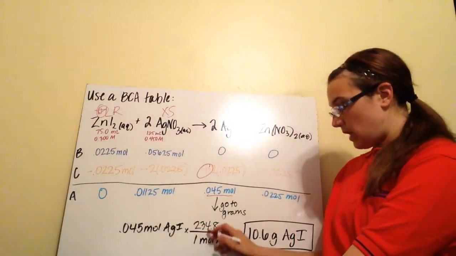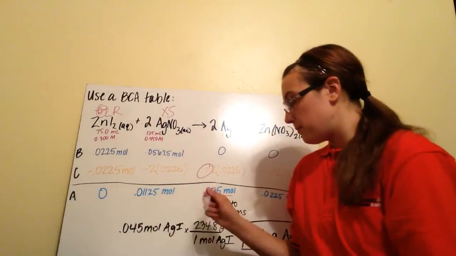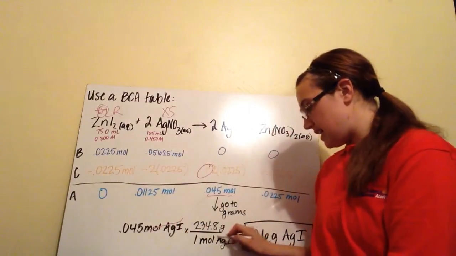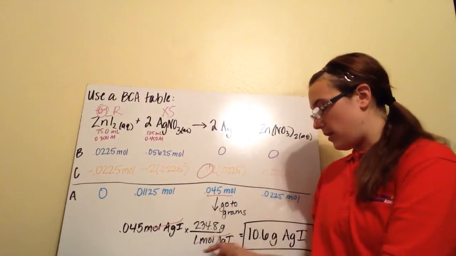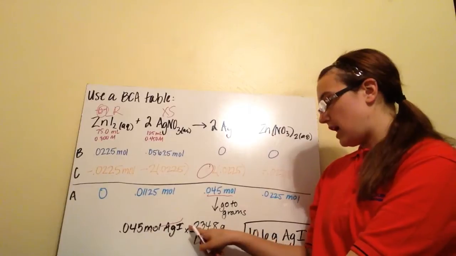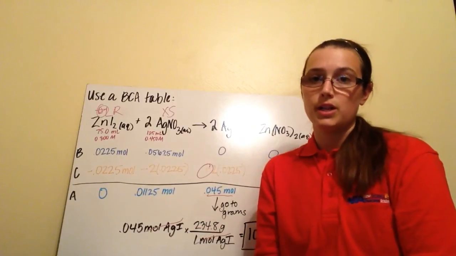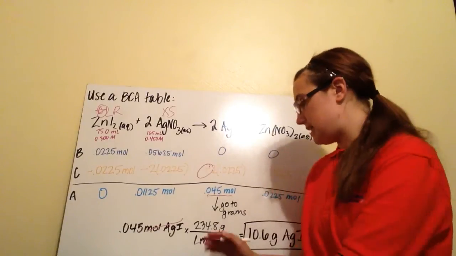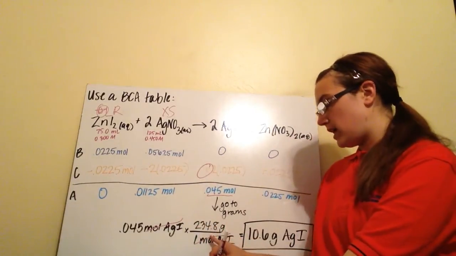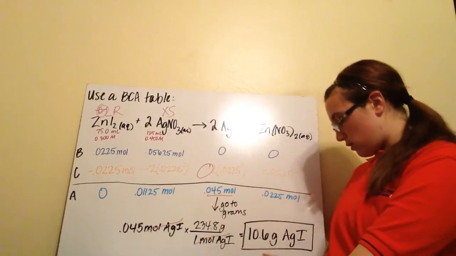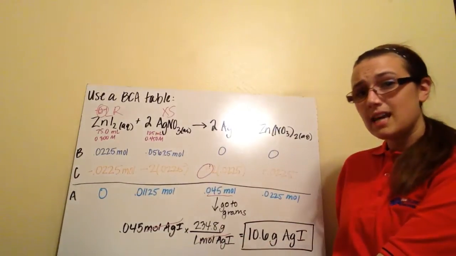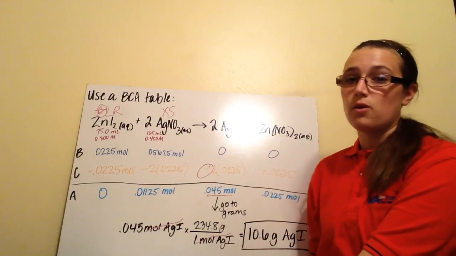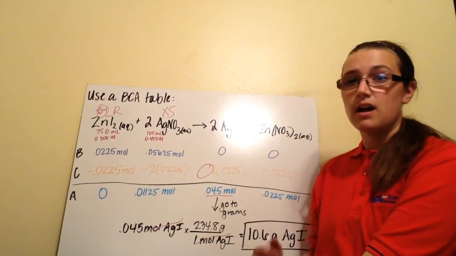I'm going to multiply it by the molar mass. I have moles of silver iodide that I need to cancel, so moles go on the bottom. For every 1 mole of silver iodide, it's 234.8 grams. Add up the masses on the periodic table, it's 234.8 grams. If we multiply across, we find that in this chemical reaction, we form 10.6 grams of silver